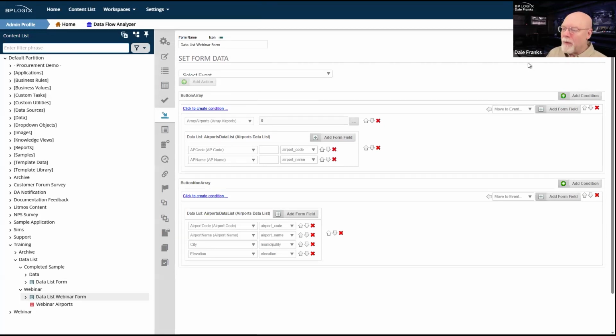And what that enables me to do, because by default, when I do a set form data and I am using an array, it's going to append rows to the array. That's the default behavior in Process Director, to append rows, which is fine if I'm selecting one row at a time and I want to append it.